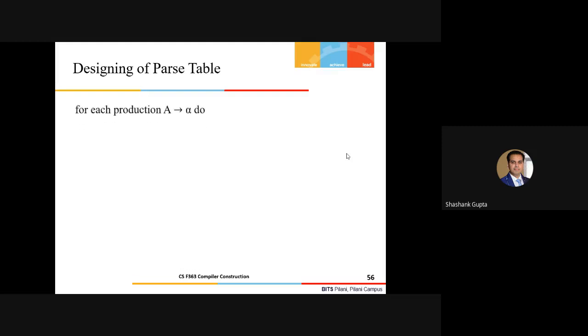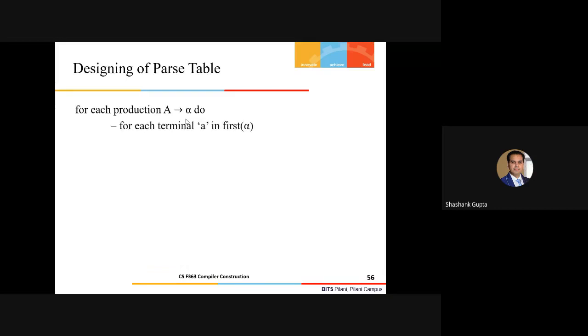The construction of the parse table goes like this: for each production of your grammar of this form, in type 2 form, that is A derives alpha, where alpha could be any string of terminals or non-terminals, I have to do this set of activities.